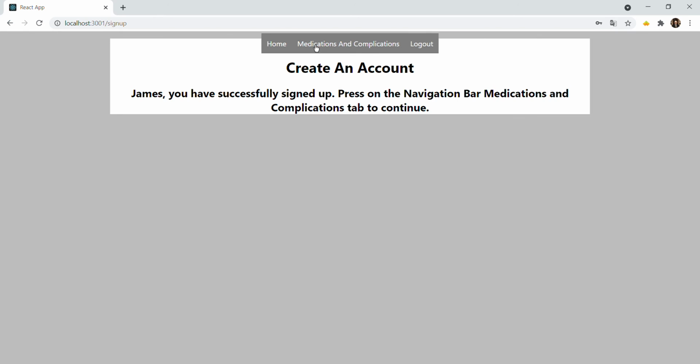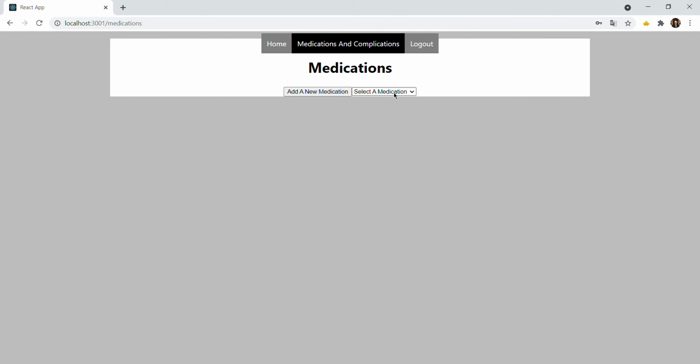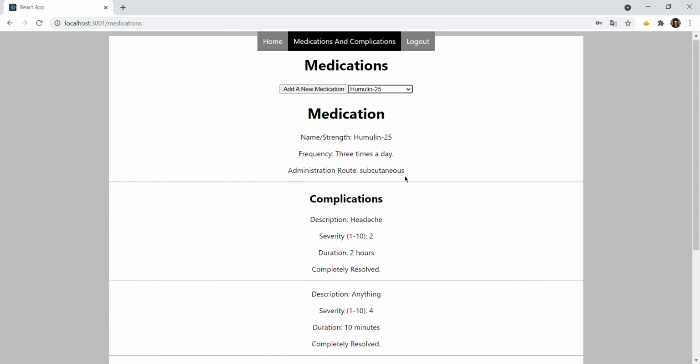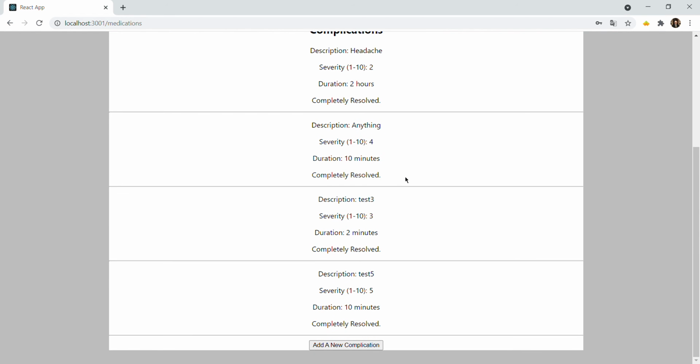Basically what we're going to do is go to medications, and select a medication. So here we have a medication. Let's pick a medication with several different complications. Okay, so now what will happen is you'll notice that they obviously cannot change any of the medications,